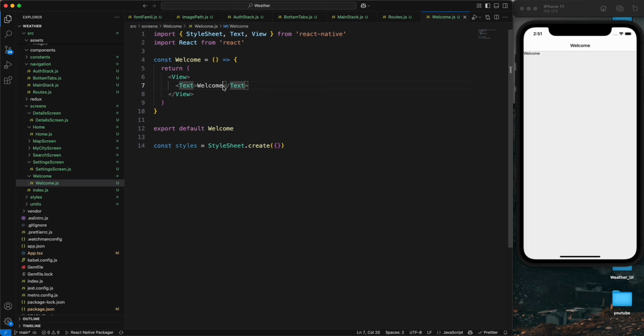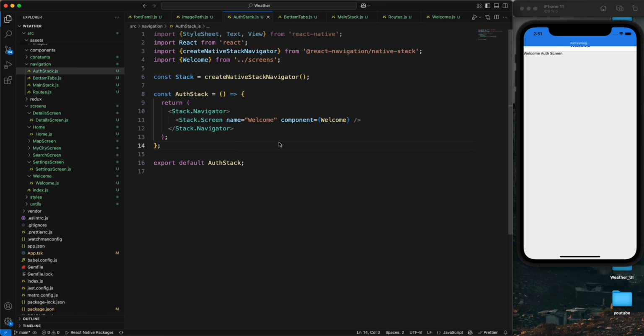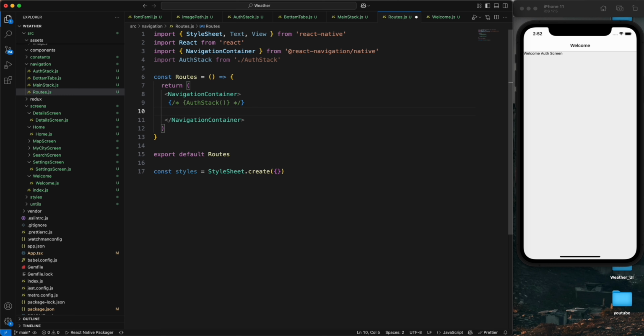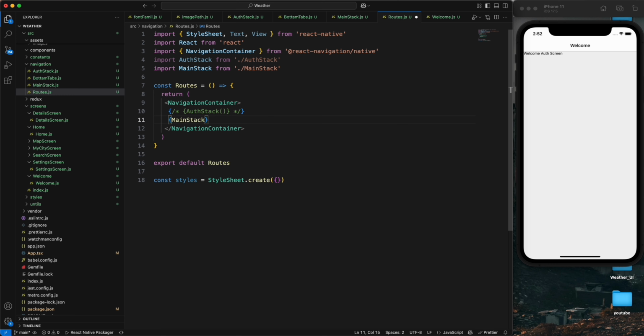You can see welcome auth screen, our screen, and we just import this screen in the auth stack. And after the auth stack we just import it in the route. So this is my route, and let me comment this. And now I'm going to import the main stack also, main stack. And if I reload it,